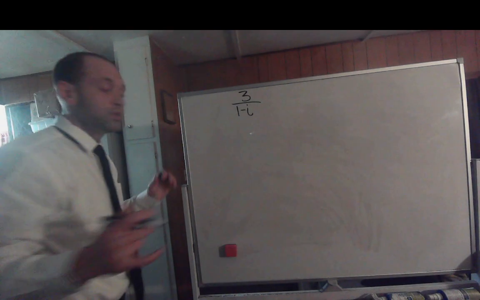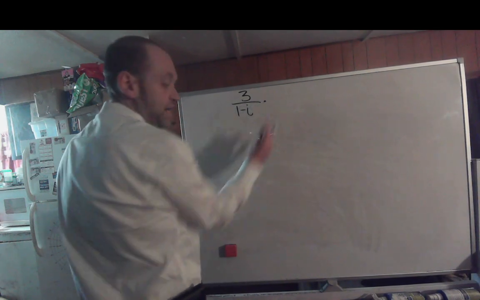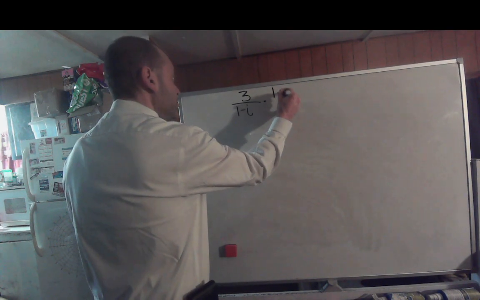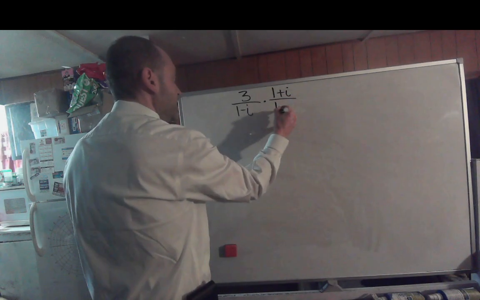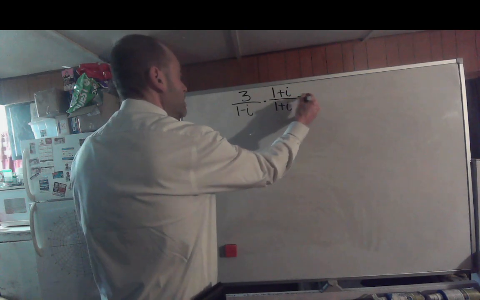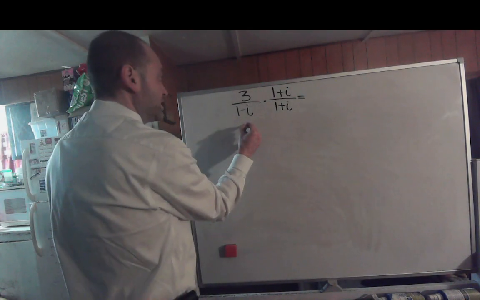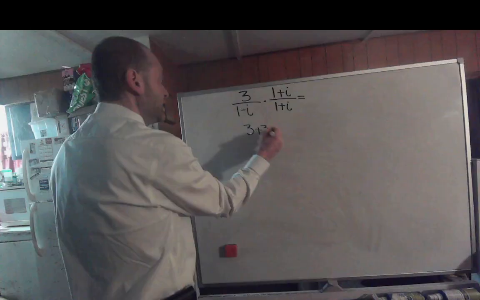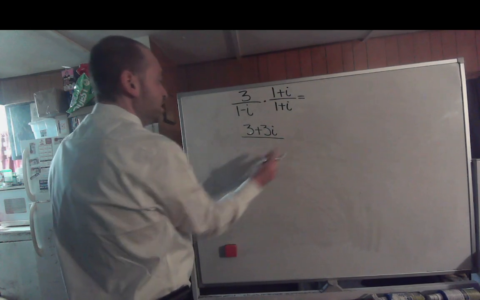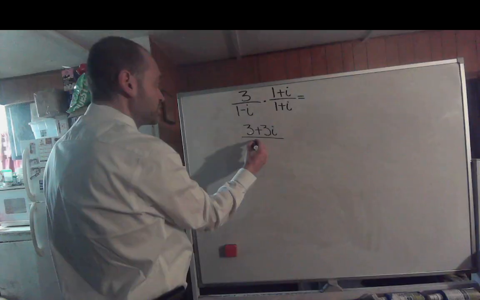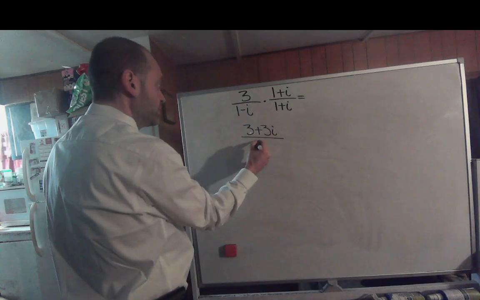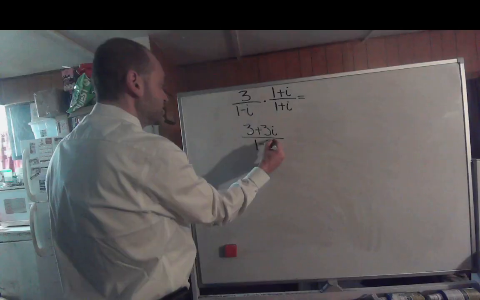So that would be 1 plus i. So take the numerator and denominator, multiply by 1 plus i, which would simplify into 3 plus 3i. Then you just do the foiling. This would turn into a perfect square binomial. This would be 1 minus i squared,